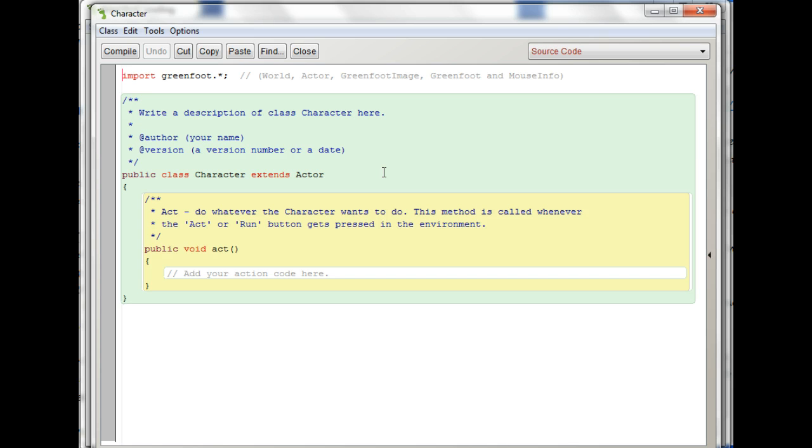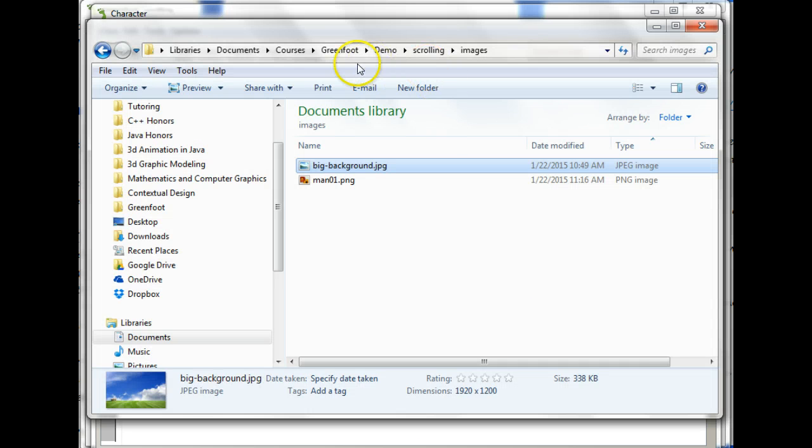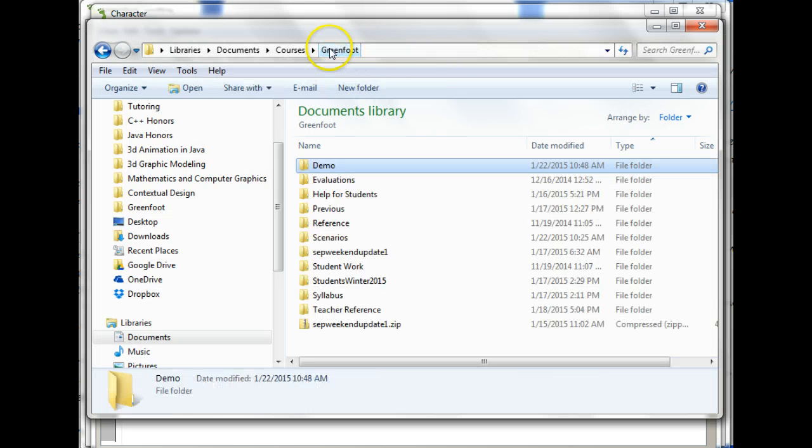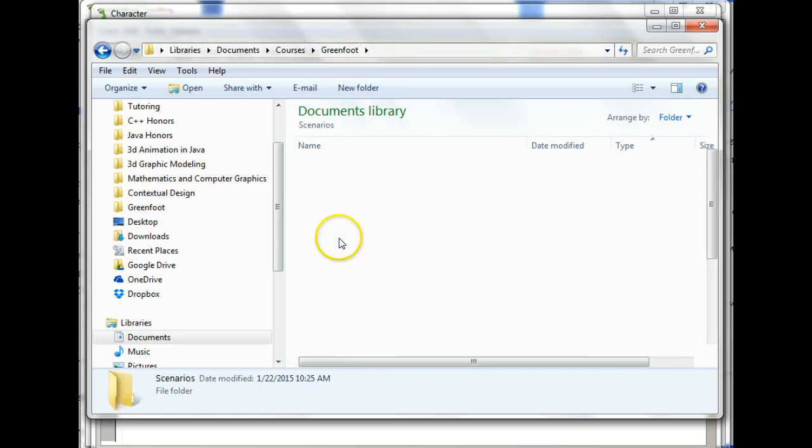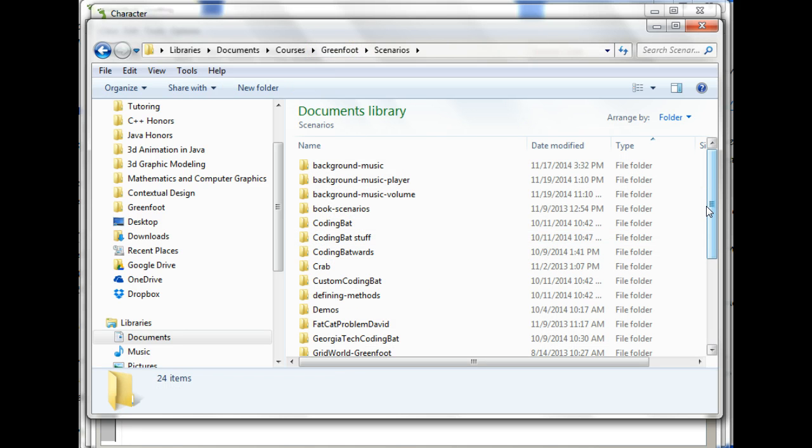So I'm going to use basically how they have that check key press thing in the crab. Let's see, do I have that one? In the crab scenario, let me just